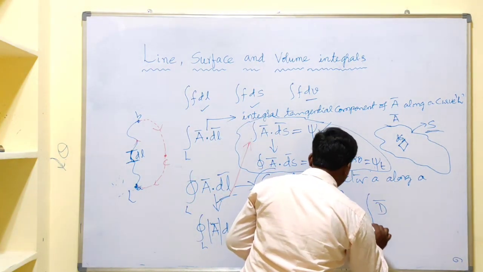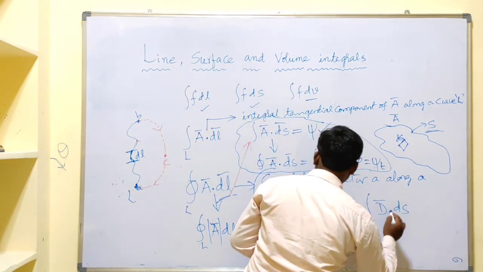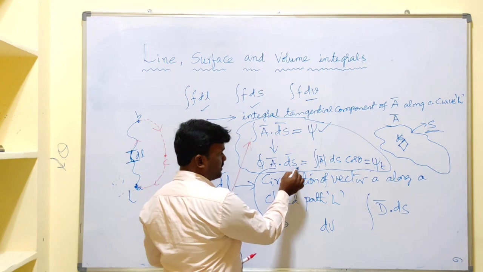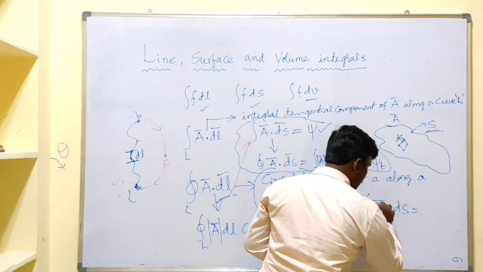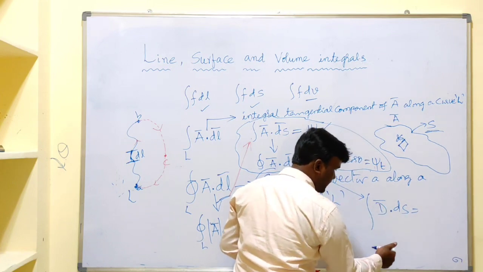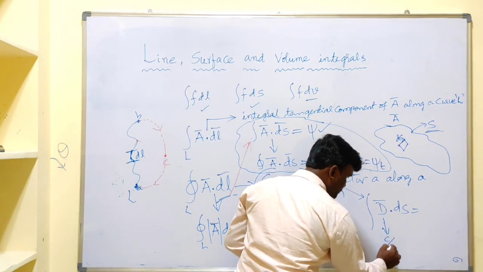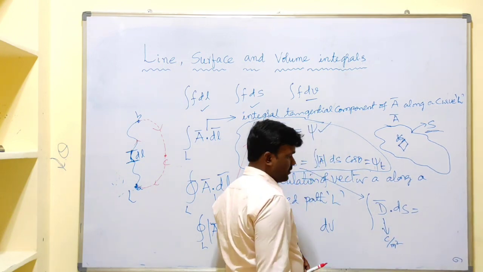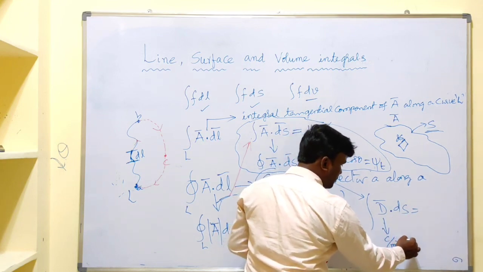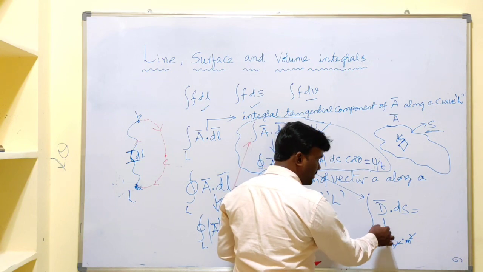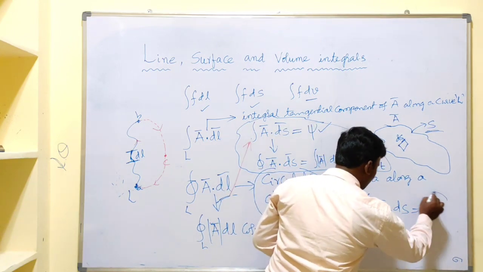Let us say here this D bar is replaced with D bar dot dS. I am writing this one. D bar dot dS equal to what? As it is flux density, it means flux per unit area. The unit of flux density is coulombs per meter square. Here this is meter square, differential surface area is also meter square, this one cancels out. Flux per unit surface area times surface area is equivalent to flux. So that's why we can say like this.